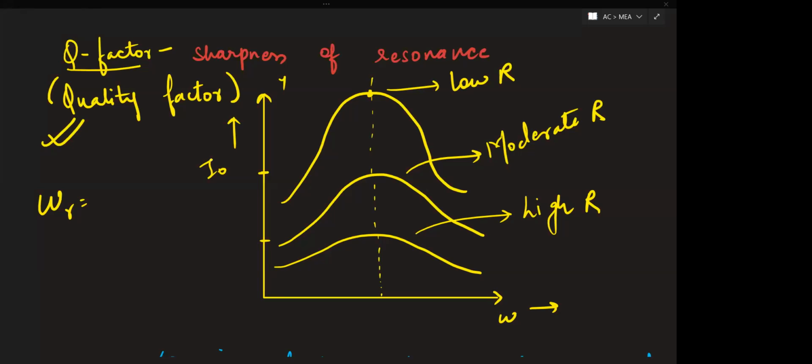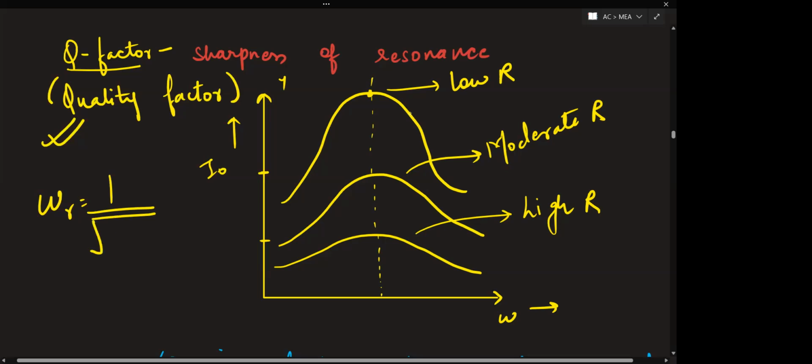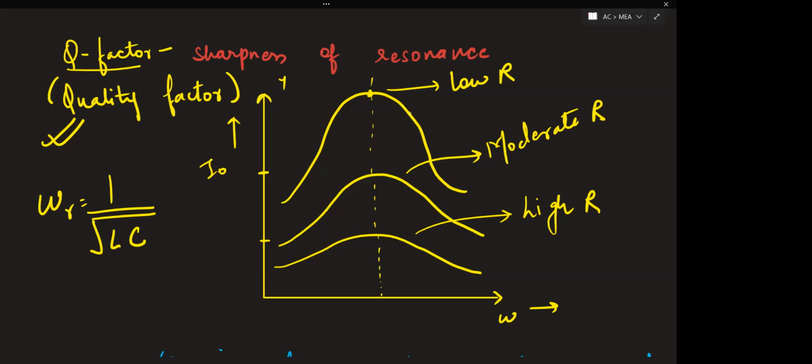Yes, correct. It is 1 by under root LC. Right. This is 1 by under root LC. For linear frequency, we multiplied by 1 by 2 pi. All right. So at this value of frequency, we get this maximum value of current which we are continuously referring to. And it falls to 0 in either of this direction. You can see it will ultimately become 0. It will keep on decreasing on the either side of this graph. And this is depicting the maximum or resonating frequency. I hope the dimensions and all the things that are mentioned in the graph are clear.